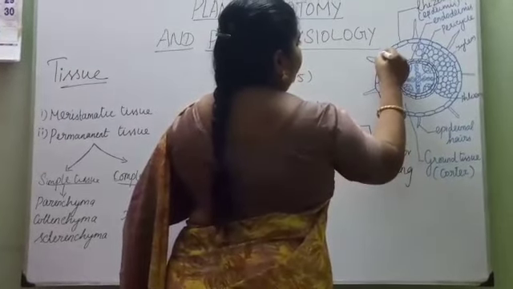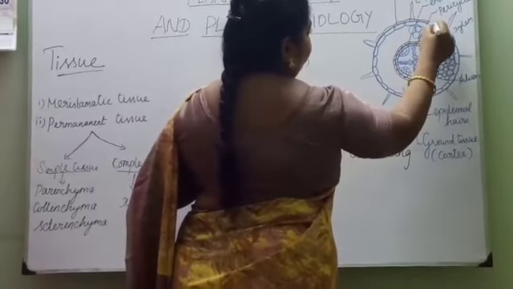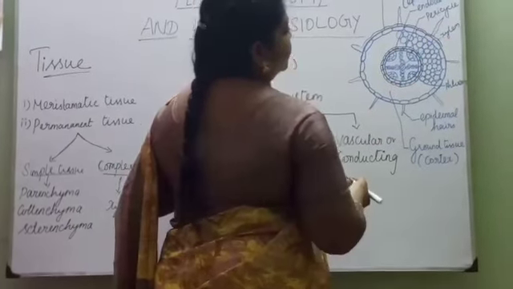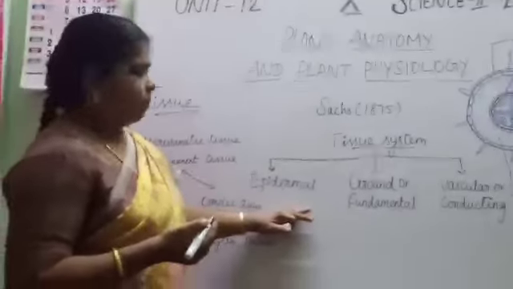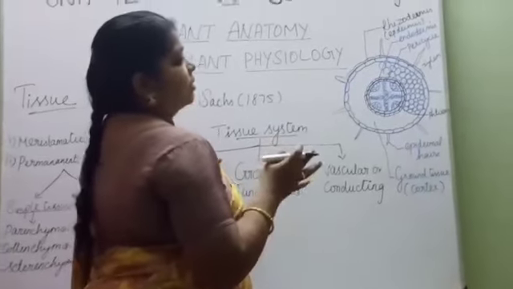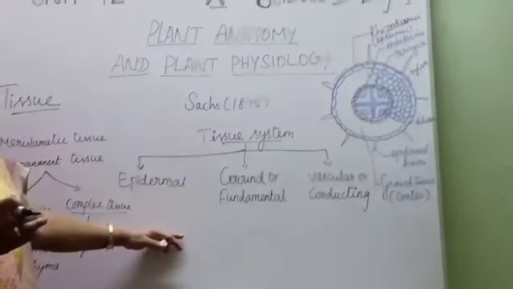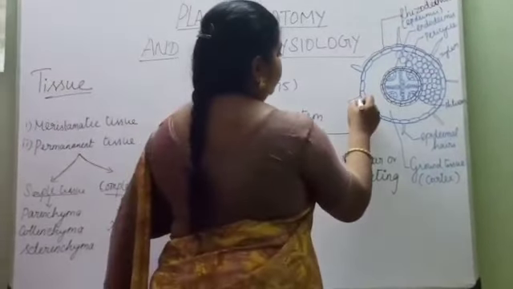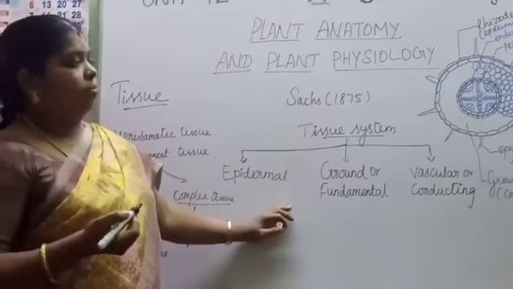The outermost layer, cuticle, is also present. It helps check the evaporation of water. Trichomes and root hairs also present. Next, functions of epidermal tissue system. Epidermis helps to protect the innermost layers, and stomata helps in evaporation or transpiration. Next, root hairs also help in absorption of water and minerals.